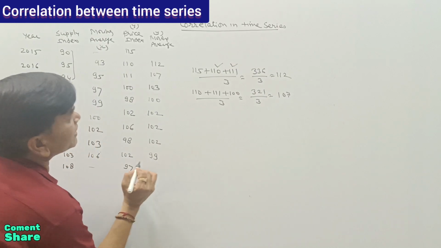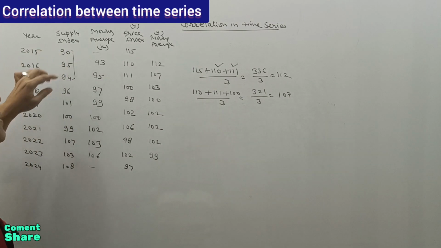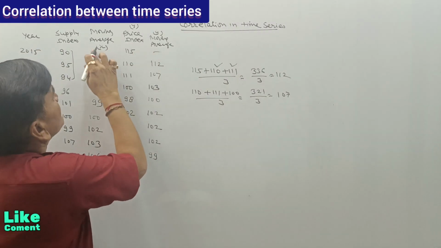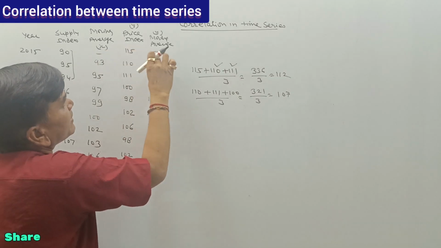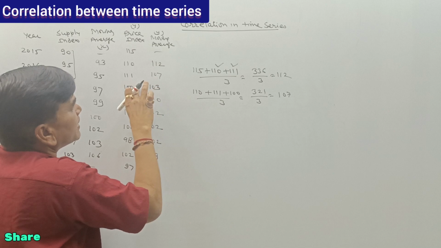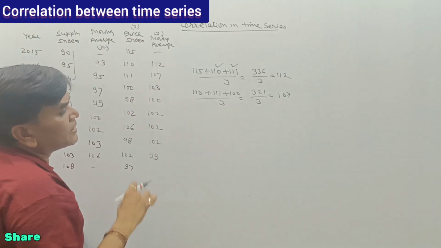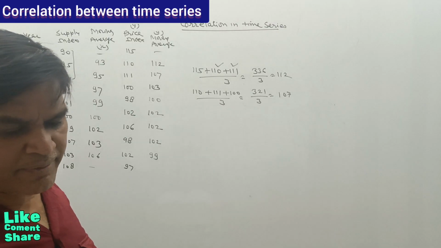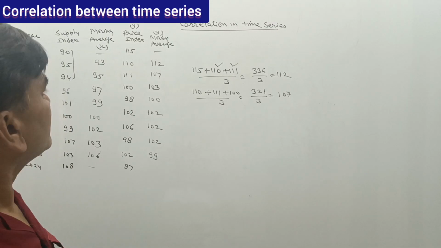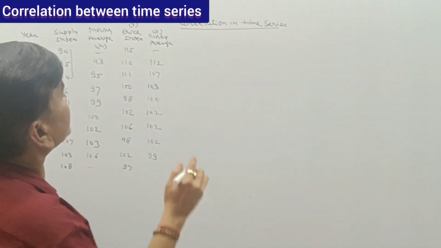So we have calculated, very first, the 3-year moving average. Adding these 3 divided by 3, adding these 3 divided by 3, and so on for each group of three. So the very first step is that we have calculated the value of the moving average here. Next, for getting dx,